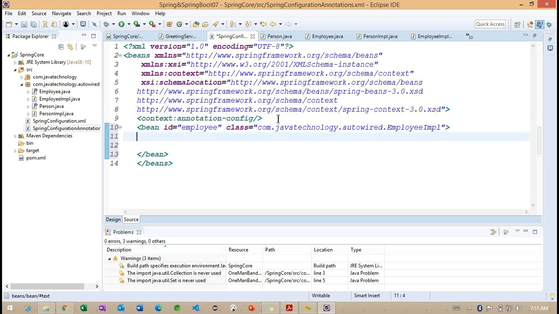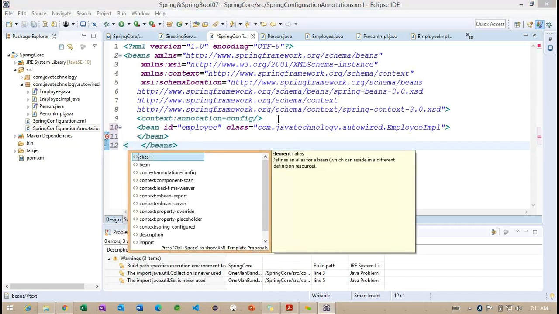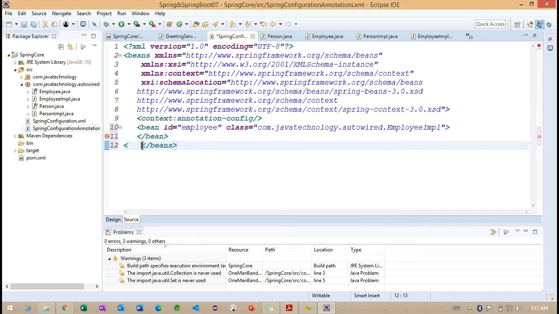We are not going to specify the property or constructor information in the bean. How the property and constructor injection will work here is because of the Autowired annotation we specify. Simply specify the bean information: com.javatechnology.autowired.PersonImpl. So these two sections we need to specify.